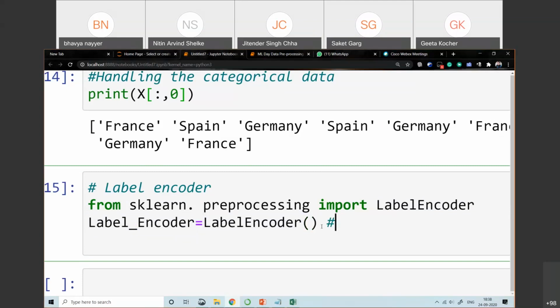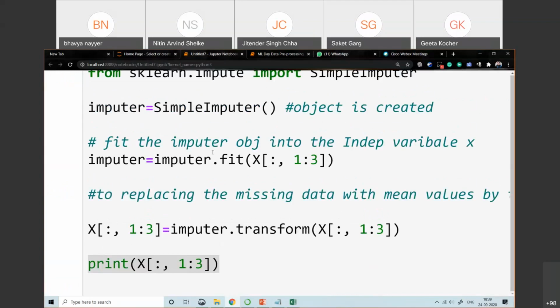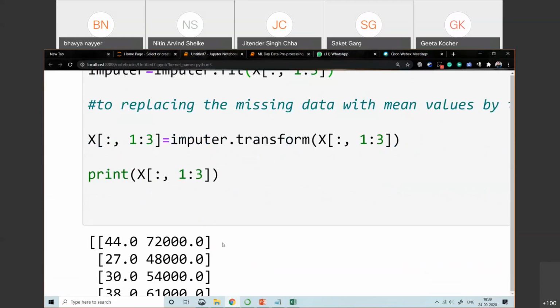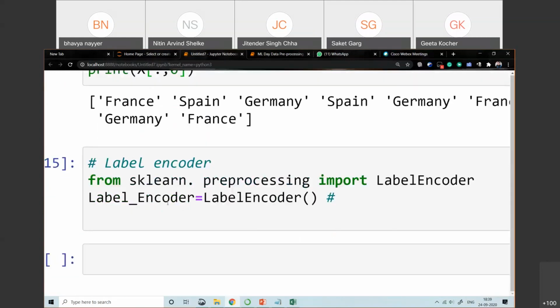After that we use the fit_transform method. You can use fit separately, like in SimpleImputer also you can use fit_transform in a single step, meaning you can directly use fit_transform instead of doing it separately. But here I just want to show you how you can use fit_transform simultaneously.